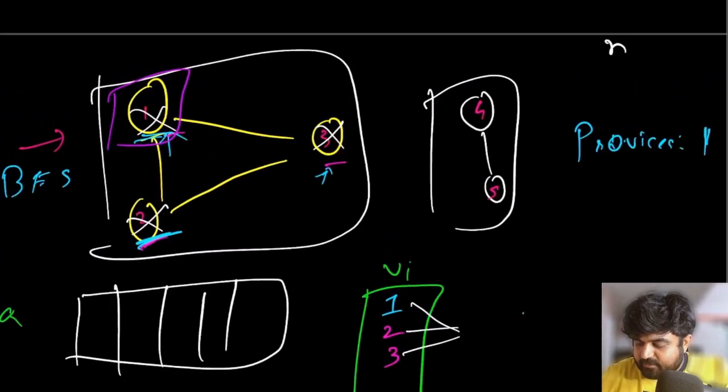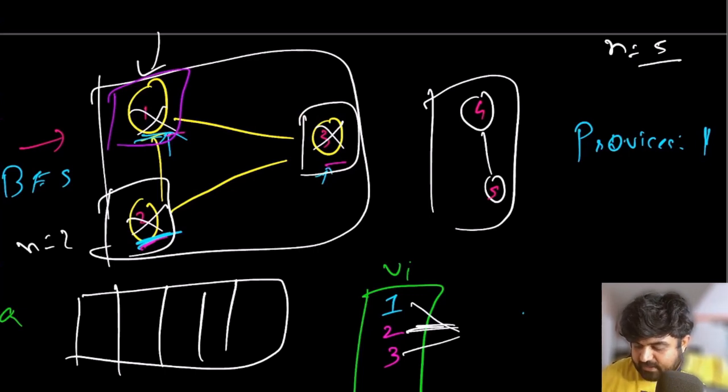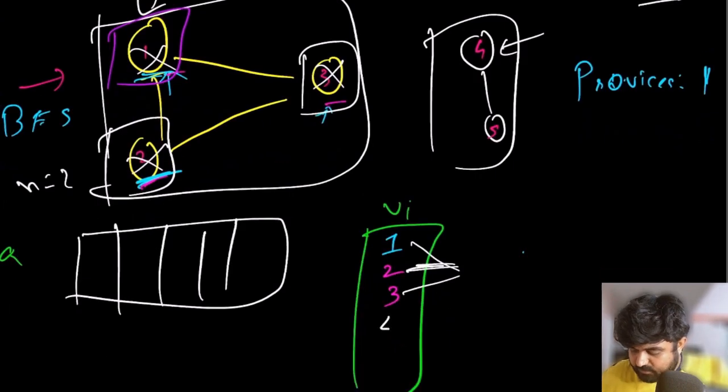Now, since in the input we are already given n is equal to 5, we initially started with n equal to 1 because it was not visited. Now we will start with n equal to 2, but that has also been visited, so we will simply skip over. n equal to 3 has also been visited, so we will simply skip over. Last value is n equal to 4. n equal to 4 has not been visited, so marking 4 to our visited list, adding 4 to our queue, and now 4 has a neighbor 5.